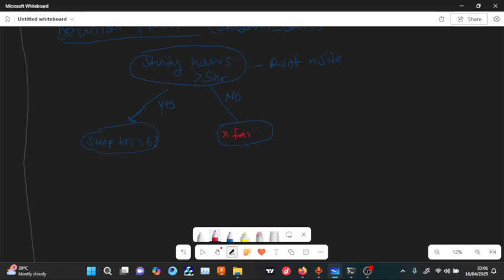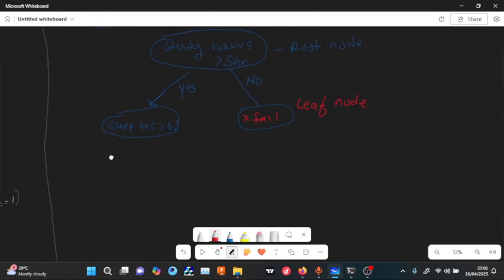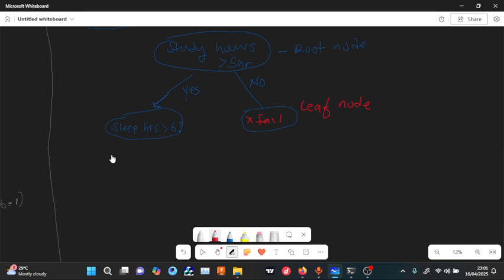Fail, right? And then we call this a what? A leaf node. Don't worry, I'm going to explain these things in a nutshell. Just give me some time. So okay, let's come back to